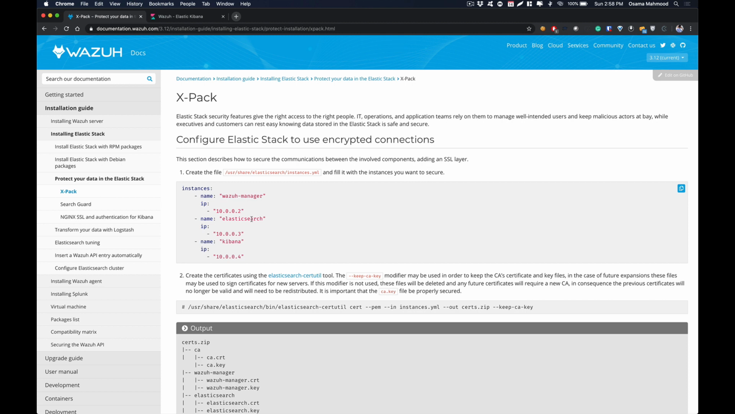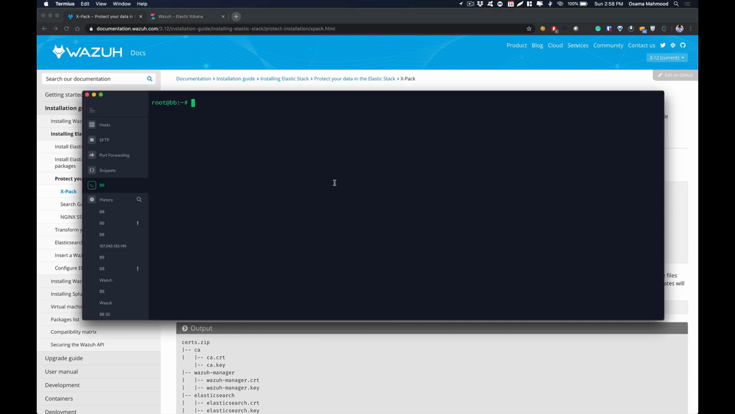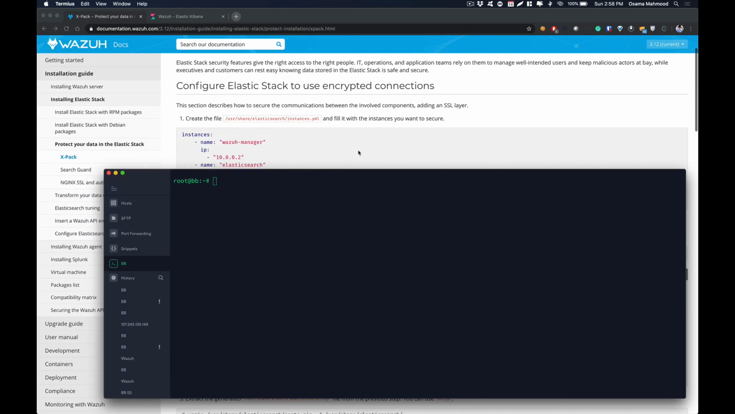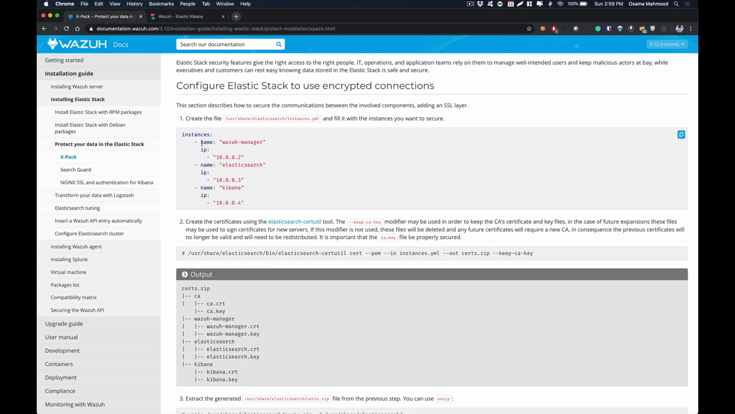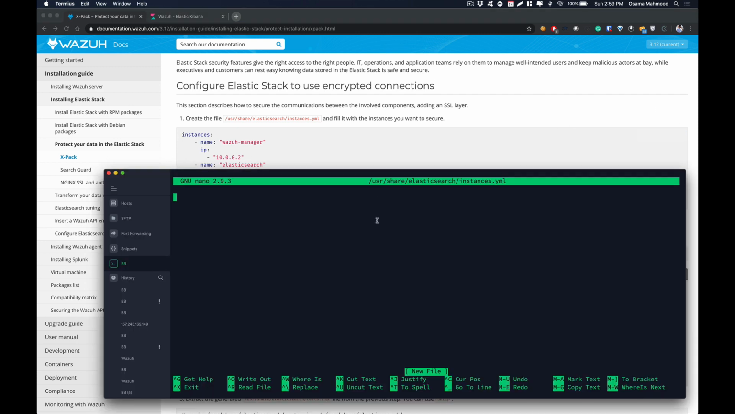So in this case, we are running all those services on our local machine, on a single server. So what we are going to do is create a file named instances.yml. We are going to create it in /usr/share/elasticsearch, instances.yml, and hit enter. And over here, just copy this content from the config file from here and paste it over here,